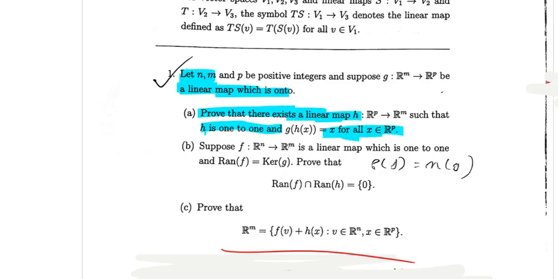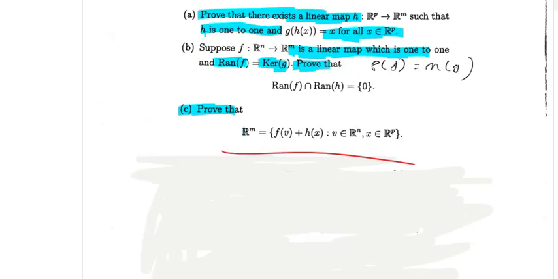Suppose f: R^n → R^m is a linear map which is 1-to-1 and range of f equals kernel of g. Prove that range of f intersection range of h equals 0. And the third one is R^m equals f(v) plus h(x), where v belongs to R^n and x belongs to R^p. तो चलिए इस क्वेश्चन को हम कैसे सॉल्व करते हैं देख लीजिए।